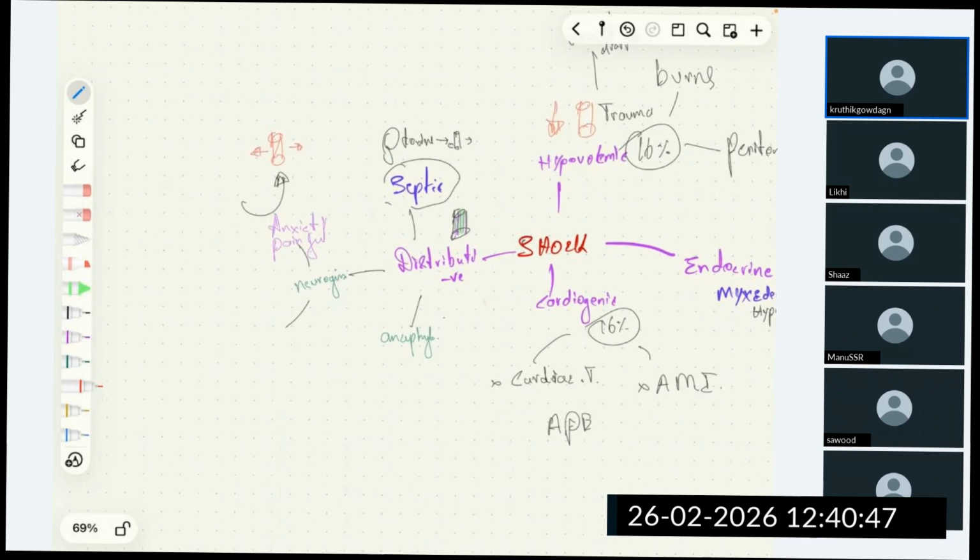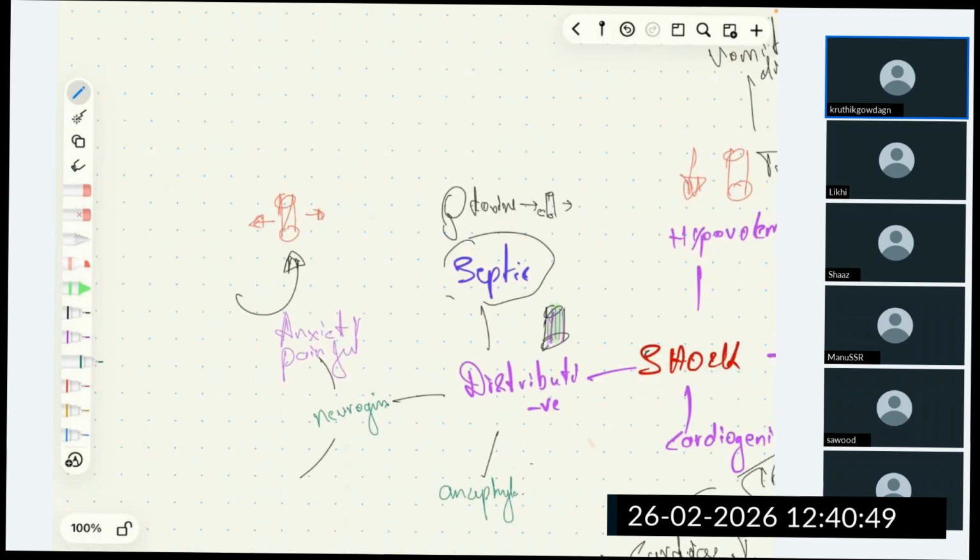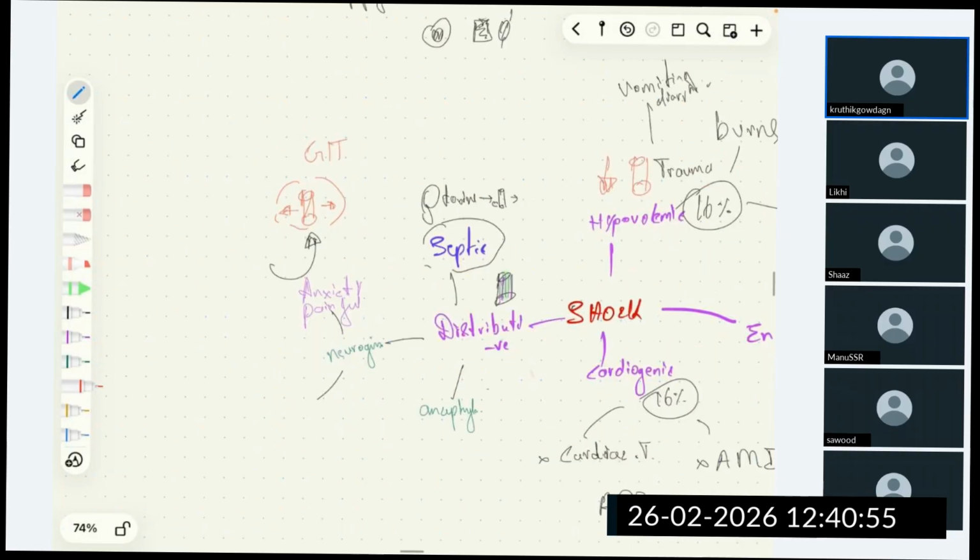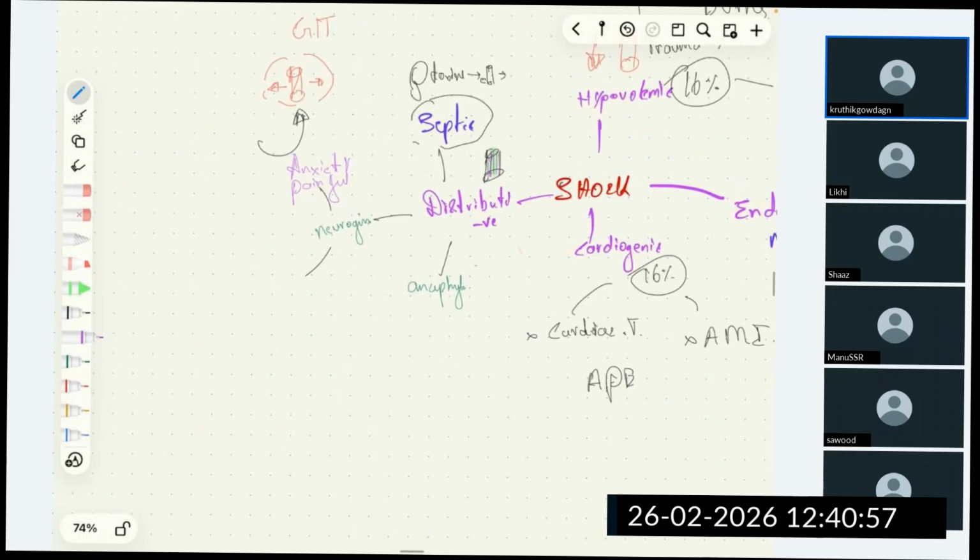Due to splanchnic vasodilation, there is pooling of blood inside the GIT vessels, which leads to shock. And also it may be secondary to spinal cord injury. The spinal cord may be injured. We know T1 to T5, the supply to heart, and also we have the sympathetic system. The spinal cord. The sympathetic system is